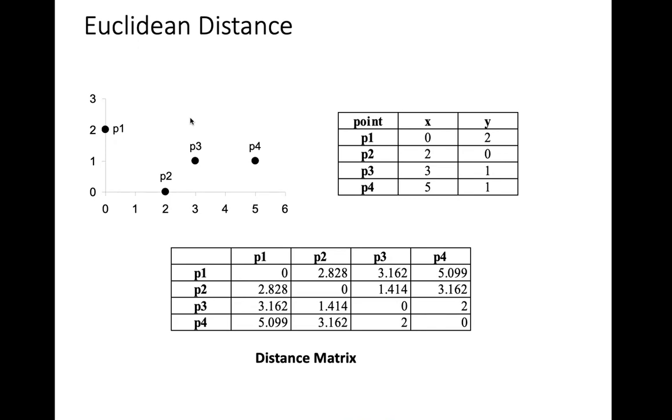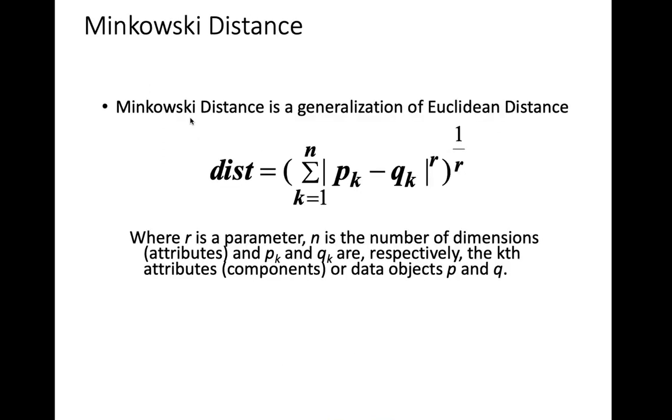Although P2 and P3 are looking very similar, if we have their class label or class attribute information, then we will know that most likely they are going to be of the same class. That is how distances are helping us. If we generalize the Euclidean distance, we have what is called the Minkowski distance. This is a generalization of the Euclidean distance.